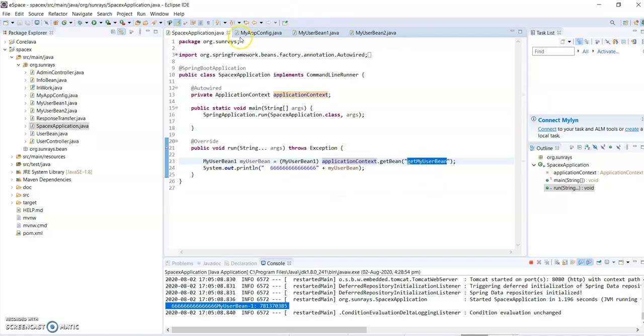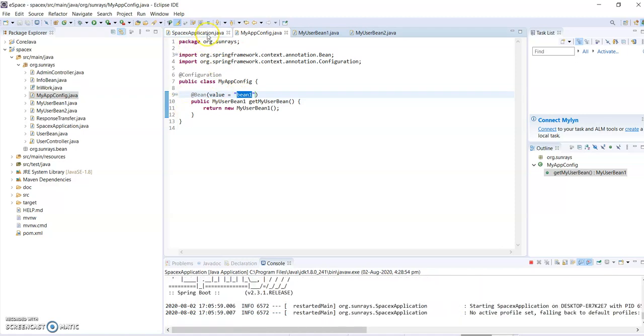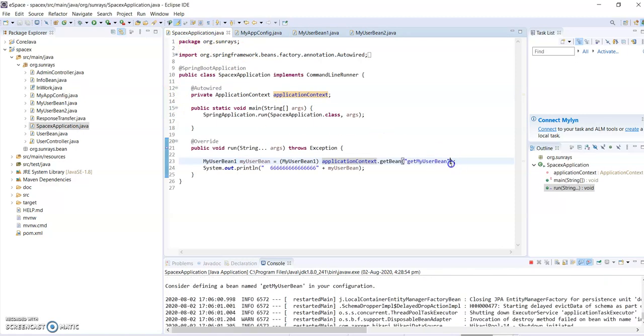Let's see if we can give a different name to the bean I am creating. We can give an alternate name. Let's say I'm giving bean1. Let me read with the bean1 name which I have given.